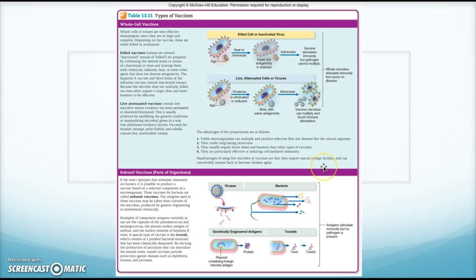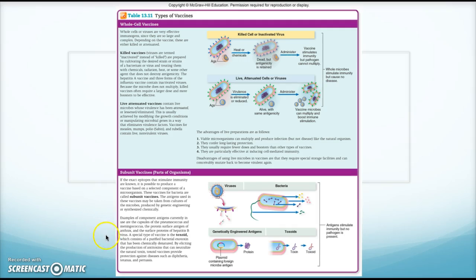Now, there are disadvantages to the live microbes in vaccines, in that they often require special storage, right? They're going to be live, so you can't just have them on the shelf. And there is a chance that they could mutate back and become virulent again. And so that's something that healthcare workers are already thinking about, and researchers are working on and trying to figure out how to make sure that that doesn't happen. For the most part, we probably get more of the killed cell or inactivated virus as